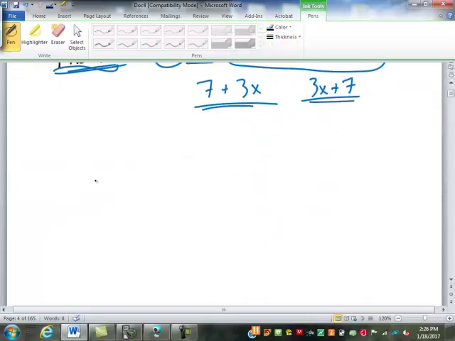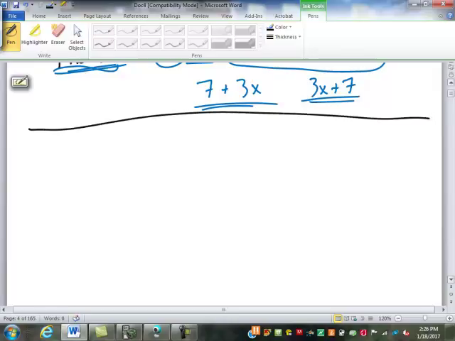Now, when we're dealing with variables like this, one of the other places we can use them is in an equation. And we're going to go over solving equations in a couple of classes. But for right now, we also need to be able to create equations. So we can add to these phrases, saying seven more than 3 times the number, which is just what we had up above,